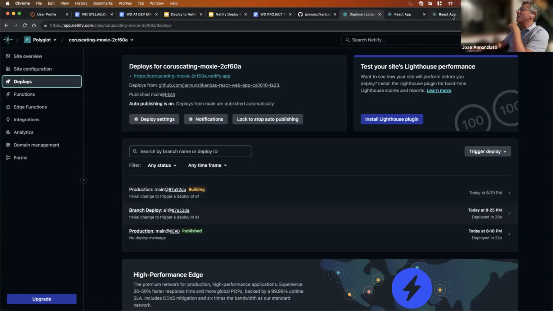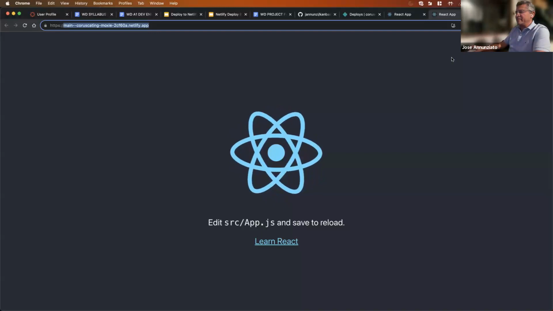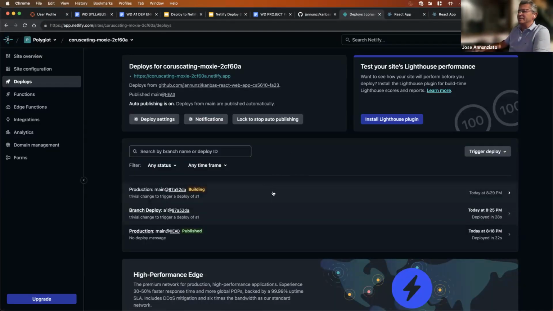So that this old main branch, right, if I refresh after this is done, it's building. Once it's done,